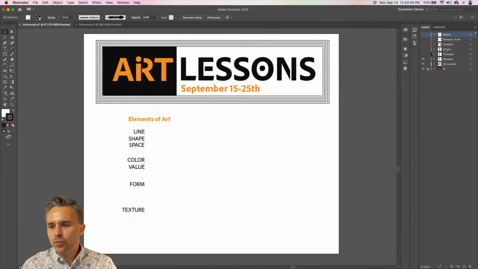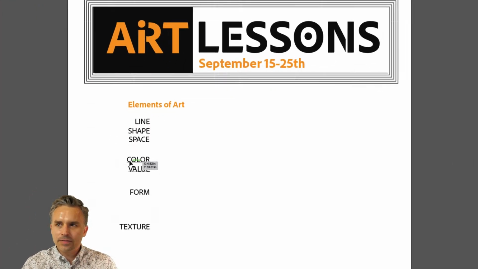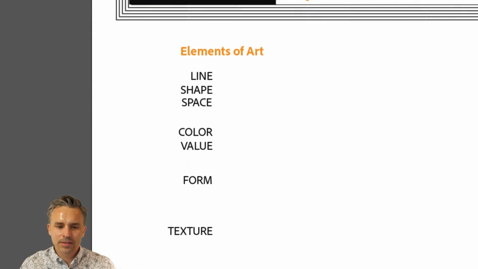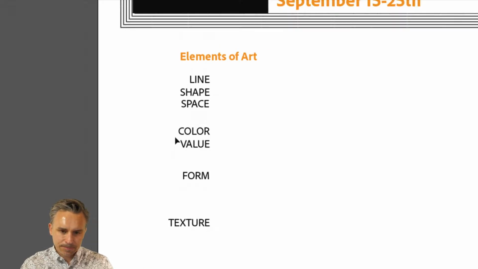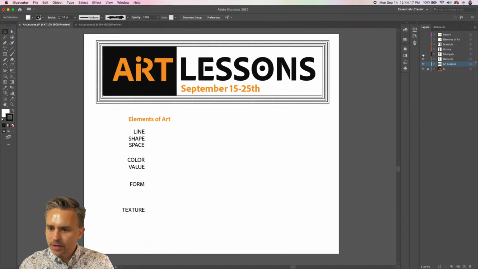So let's go into what we'll talk about. For this week, we're going to get into all of the elements of art. That's what we're going to do. The elements of art: line, shape, space, color, value, form, texture, right? Everything comprises these elements of art, right? And that's what we're going to do. I'm going to give you a quick,